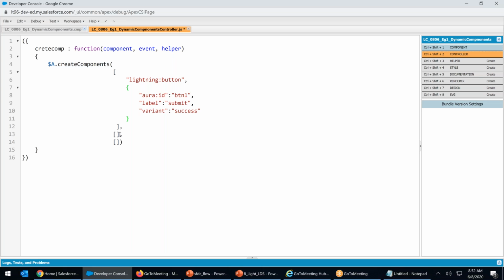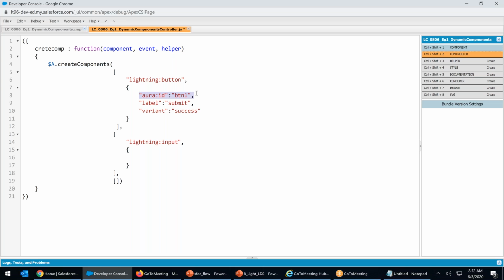Keep on watching. Second one, I will split the bracket. Now I'm taking the second component. What is that? I will say lightning input, comma. All the related attributes of lightning input, you will put here.